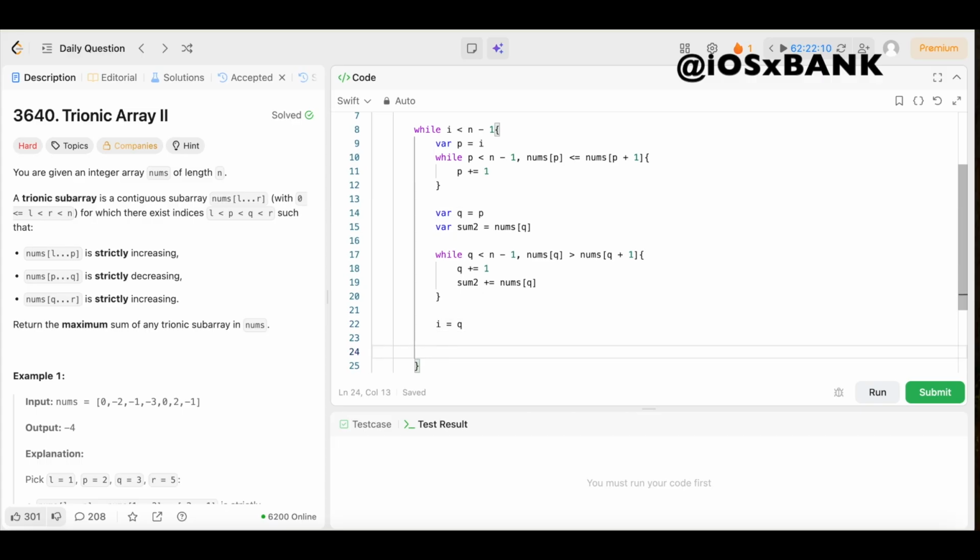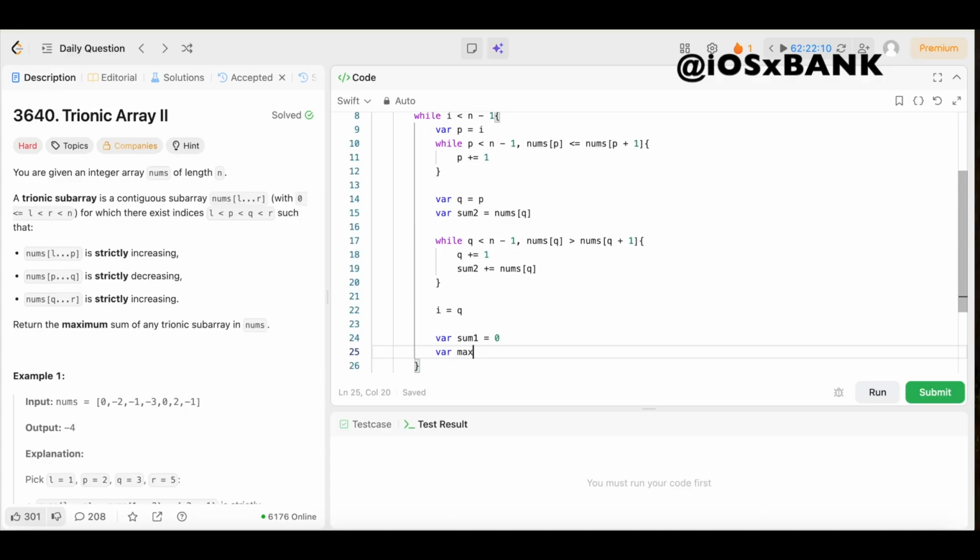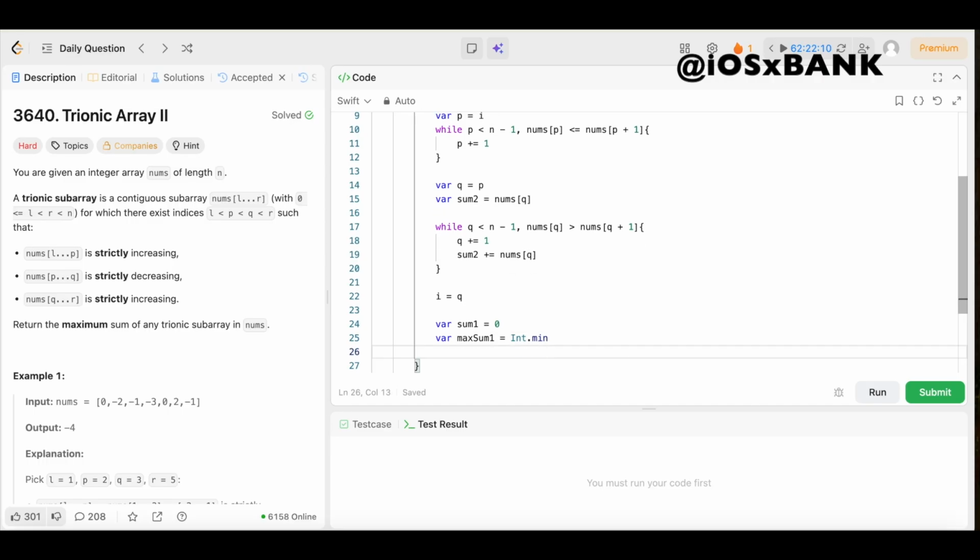Then we're going to come underneath this and compute the maximum sum of strictly increasing subarray immediately to the left of the peak. So we'll declare a variable called sum1, set that equal to 0, declare another variable called maxSum1, set that equal to int dot min, and then we're going to say, not while q, we're going to say while p is greater than 0,